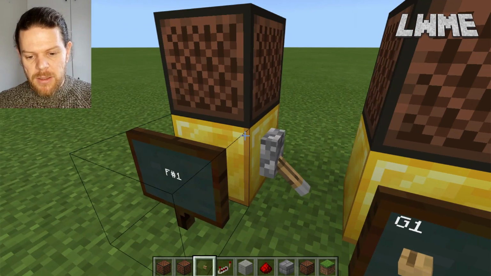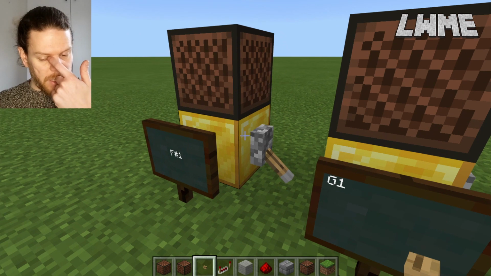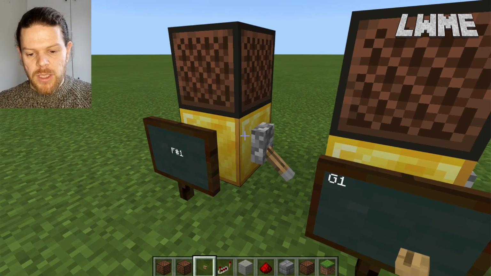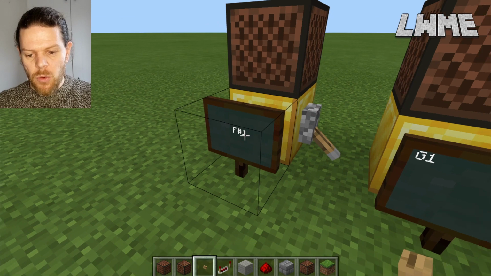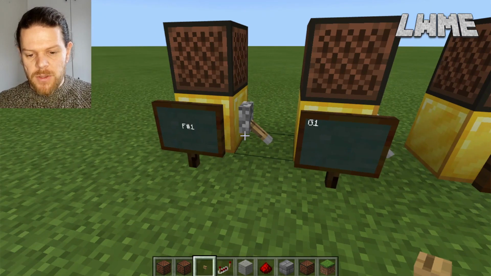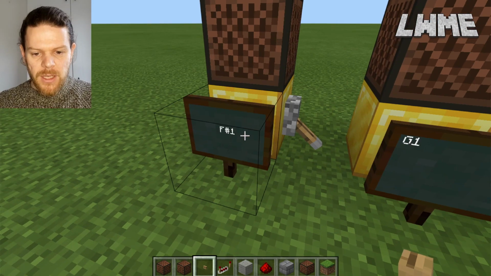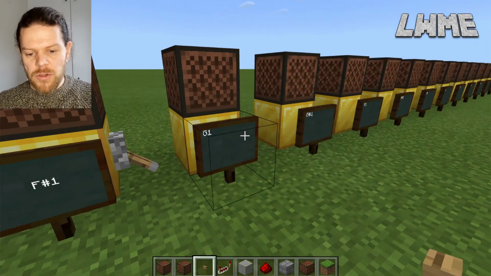But which octave it is depends on which block you put it on. So for gold, I believe this would be F#4 up to F#6 or something like that, but it does change. So I've called it F#1 just because it's the lowest one of the ones that we have access to here.